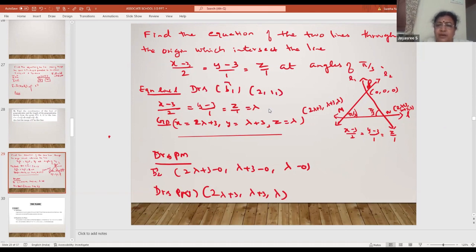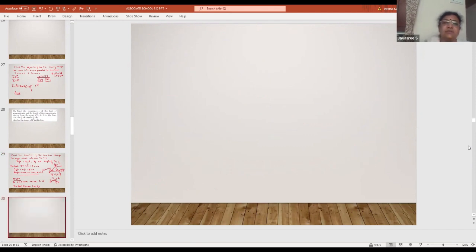So if you are observing, here I have a line L1, and here I have a line L, and the angle between them is pi by 3. So here I have a B2 vector, and here I have a B1 vector. So I can go for the angle between the lines concept. So cos theta is equal to B1 dot B2 by magnitude B1 and magnitude B2. Here the angle is pi by 3. Cos pi by 3 is equal to B1, let me recall, 2i plus j plus k